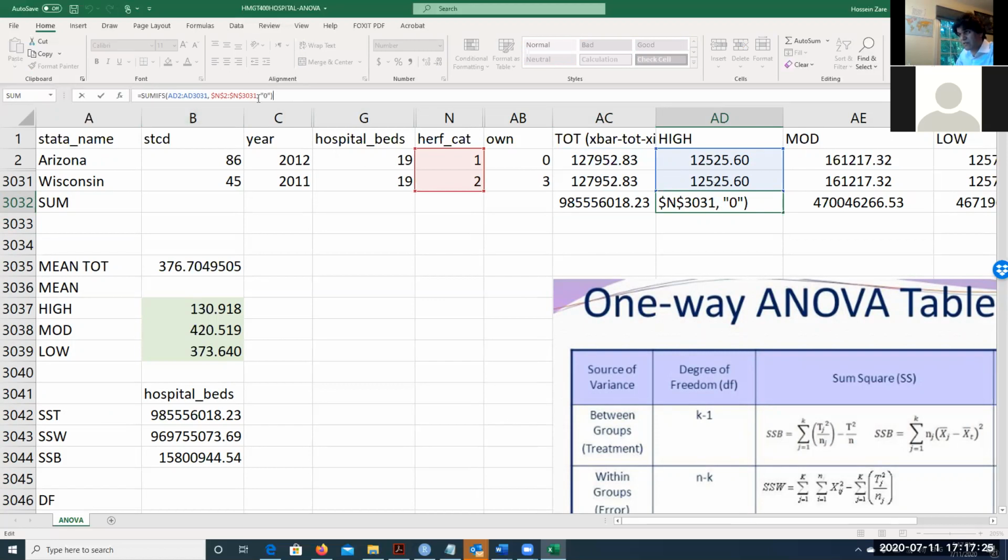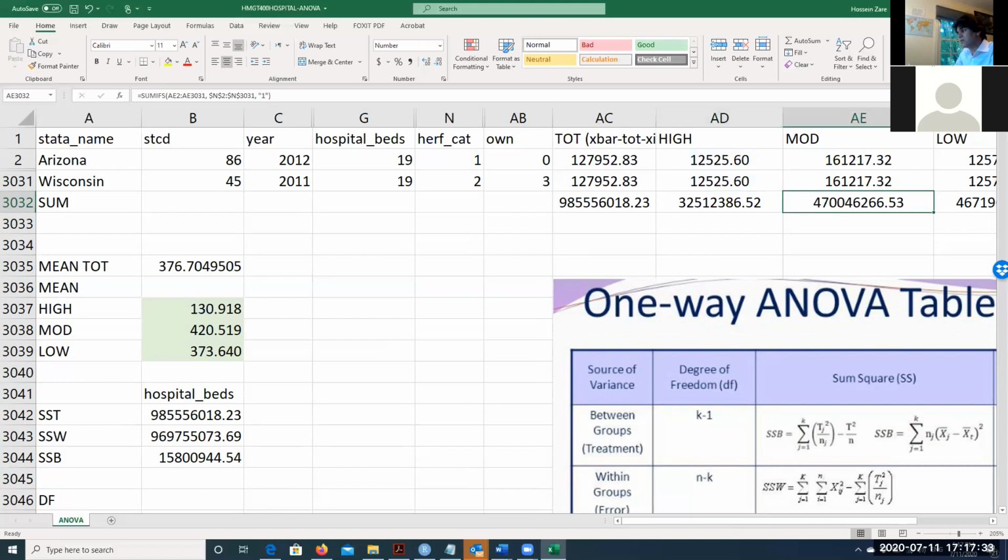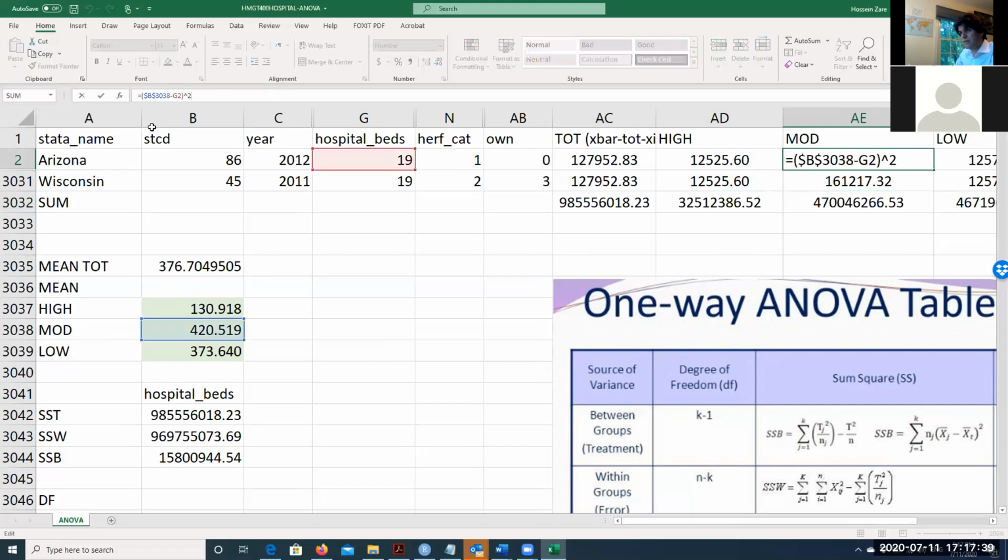So you see I filter this by 0. This is SUMIF for this and gives me this number. I'm repeating for moderate. This time I have to fix this: $B$3038 minus G2, the G2 is this one, and then when I have this one, I can drag it and